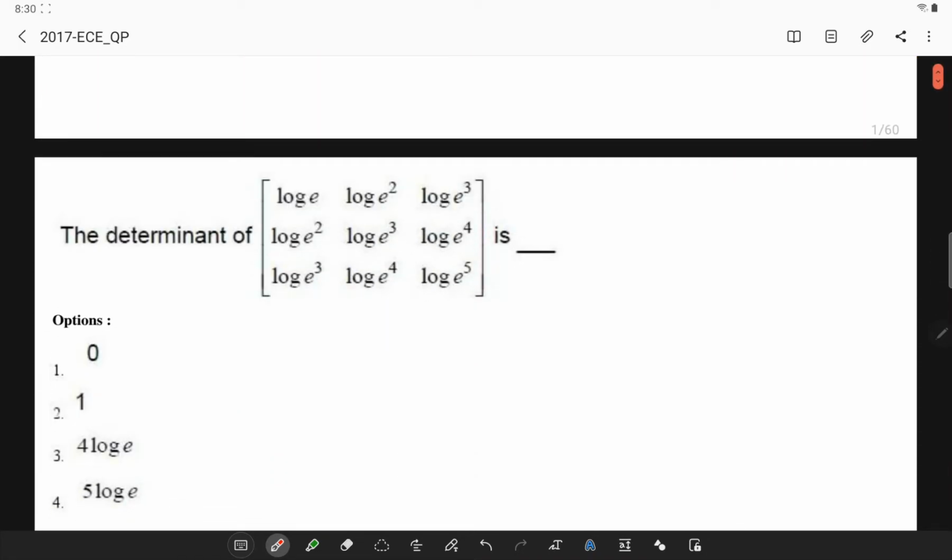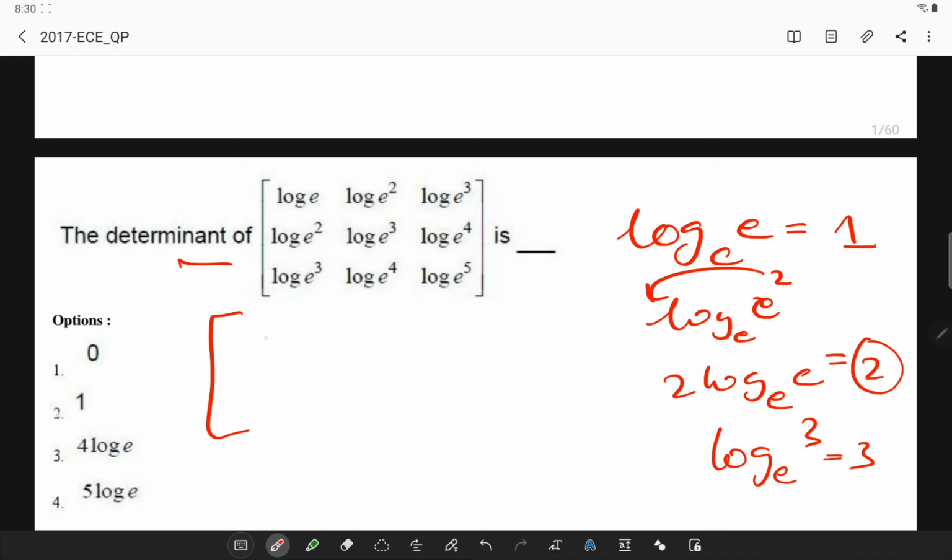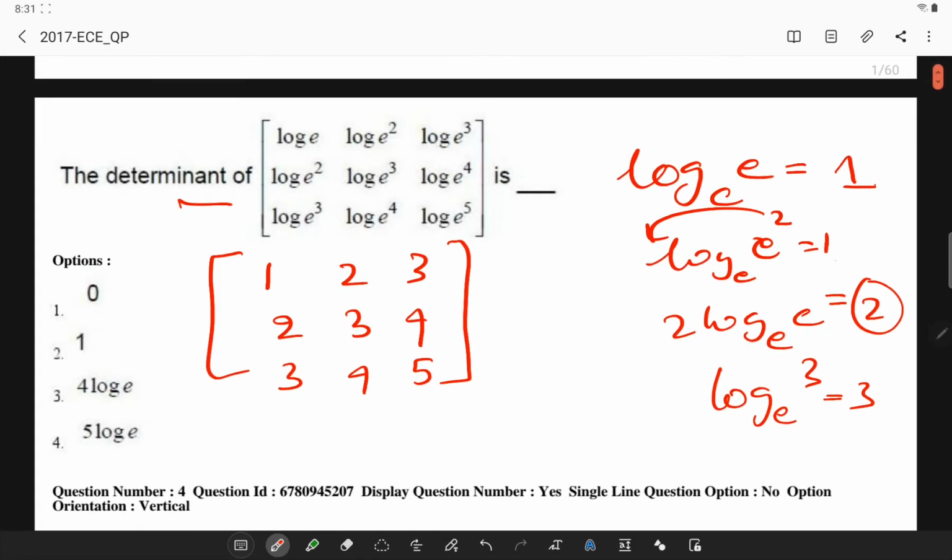Next, what is the value of this determinant? So the student has to remember log e base e value is 1. So if I have log e power 2, this 2 will come out front. So 2 log e base e, whose value is 2. Similarly, log e cube will be 3. So if I substitute all the values, I will get 1, 2, 3, 2, 3, 4, 3, 4, 5, and I will be getting the log e value, which is 1. So